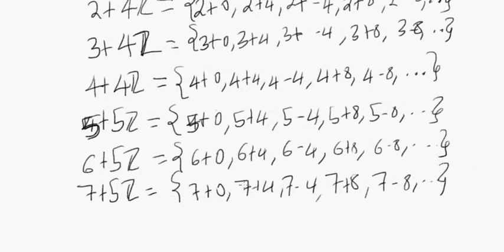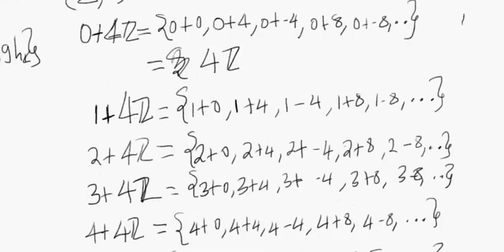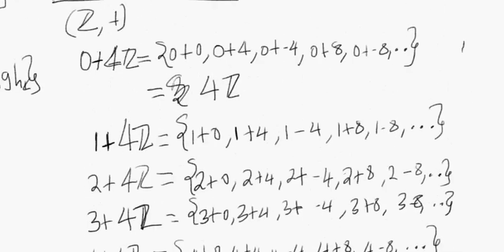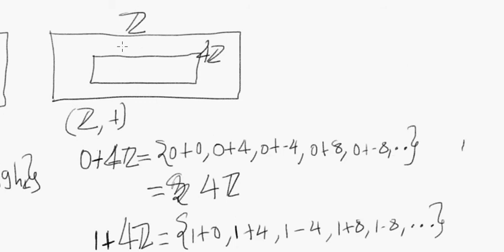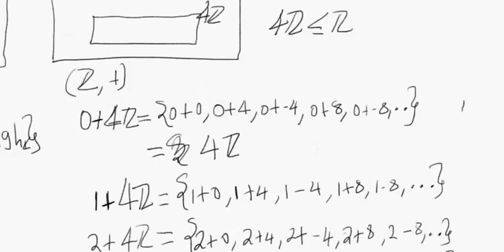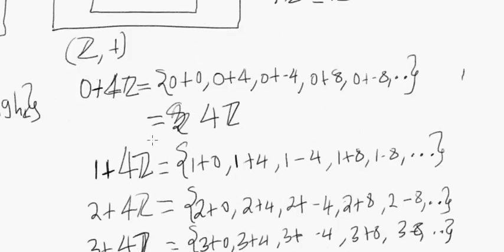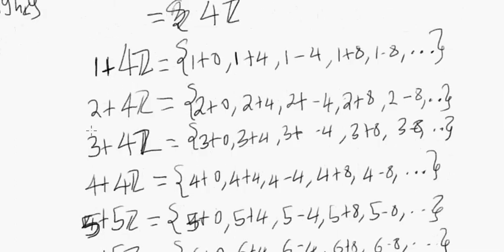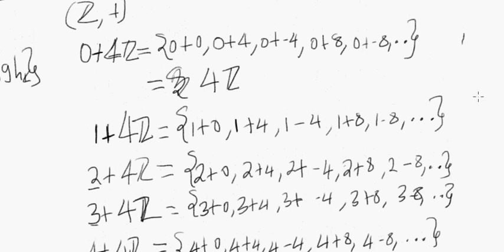So these are just some of the cosets, right? There seem to be many of them. These seem to be just some of the cosets when we look at Z as a group and take H as a subgroup of it. In this case, 4Z is being viewed as a subgroup of Z, which it actually is under addition. And then we consider what the left cosets are going to be: the left coset formed by 0, by 1, by 2, by 3, by 4, etc. Okay, so I guess first question is,